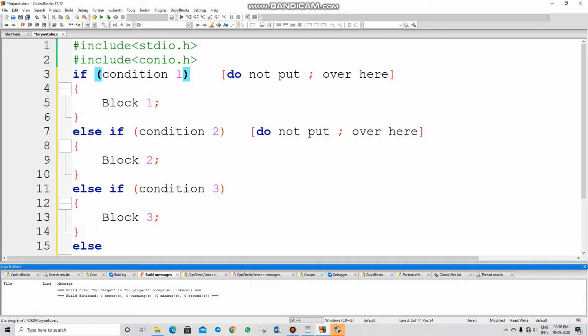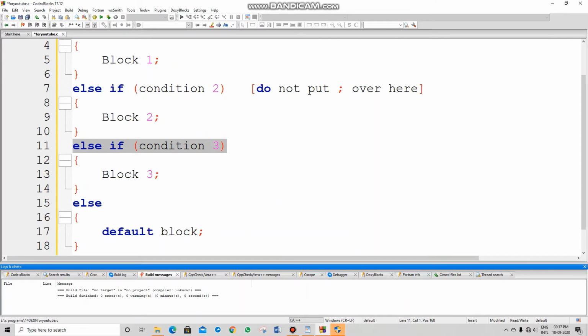First we are given an if condition, then if that condition does not get satisfied, meaning that condition does not come out to be true, then it should go to check condition number 2. If this condition also does not get satisfied, then it should go to check this third condition,